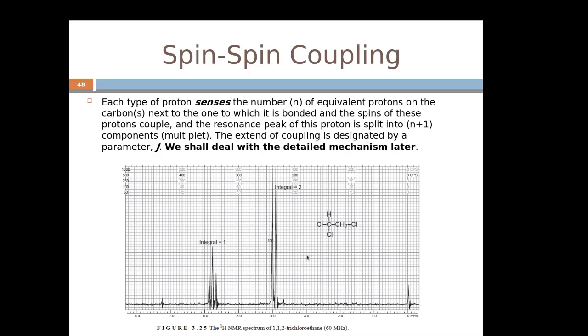So the peak of CH2 protons will be split into two peaks, and we call this peak pattern a doublet pattern. The intensity of these two peaks is almost a 1:1 ratio, and we shall see why it is so. And you can see the peak of TMS here. So this spectrum manifests the peak splitting pattern due to the spin-spin coupling of the nuclear spin states of chemically equivalent protons in the same nuclear spin